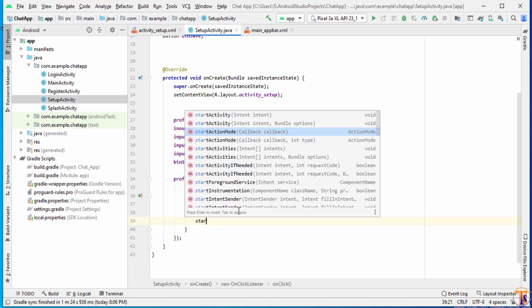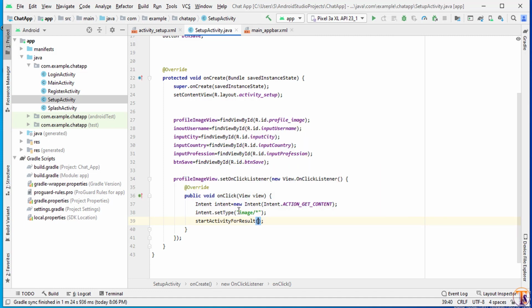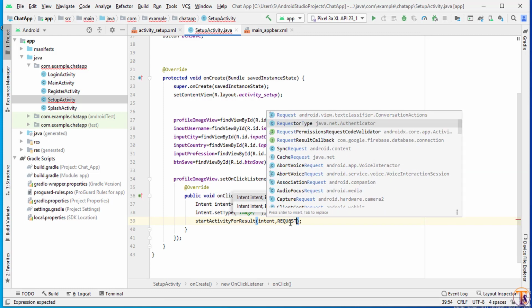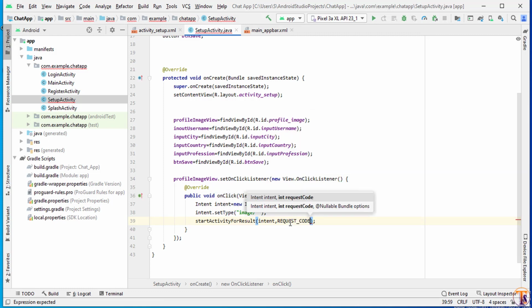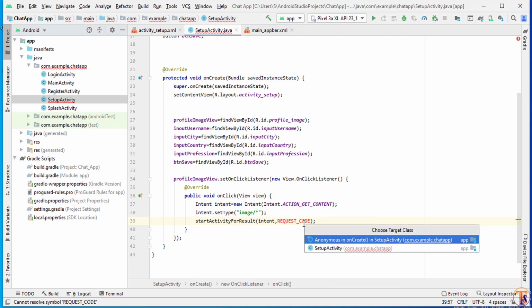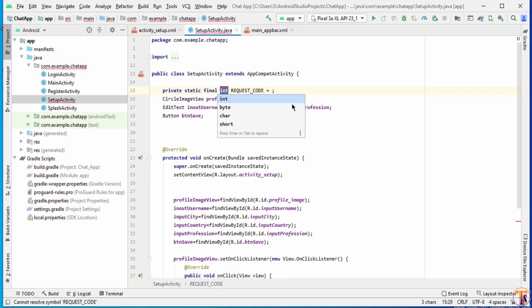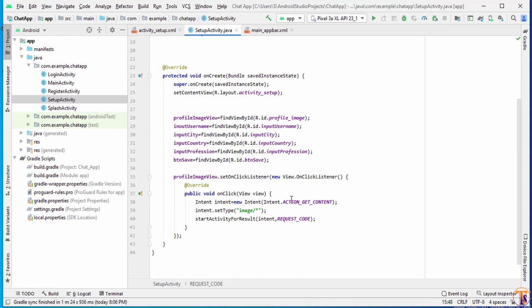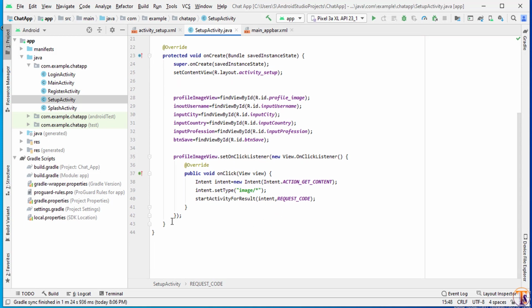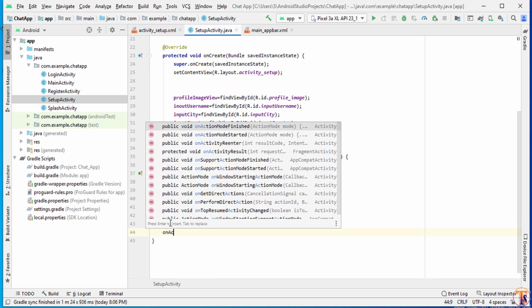So here we will search start activity for result, this one. So here we will pass this intent, first one intent, and the second parameter is our request code. So I will pass here request underscore code. So press alt enter to create a constant field, and here we will pass any number. Okay, I pass here 101. So now outside of this on create, we will start on activity result,